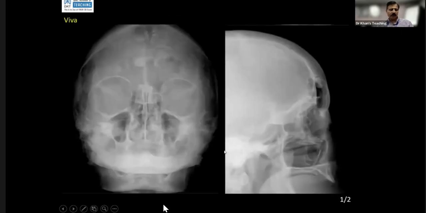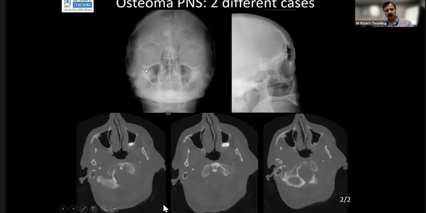Okay, let me give you this last case because this was, I think, the last case of PNS. What is this? Candidate 2. Frontal sinus osteoma. Excellent. So this is ivory osteoma, which can happen and which is usually high density, usually of